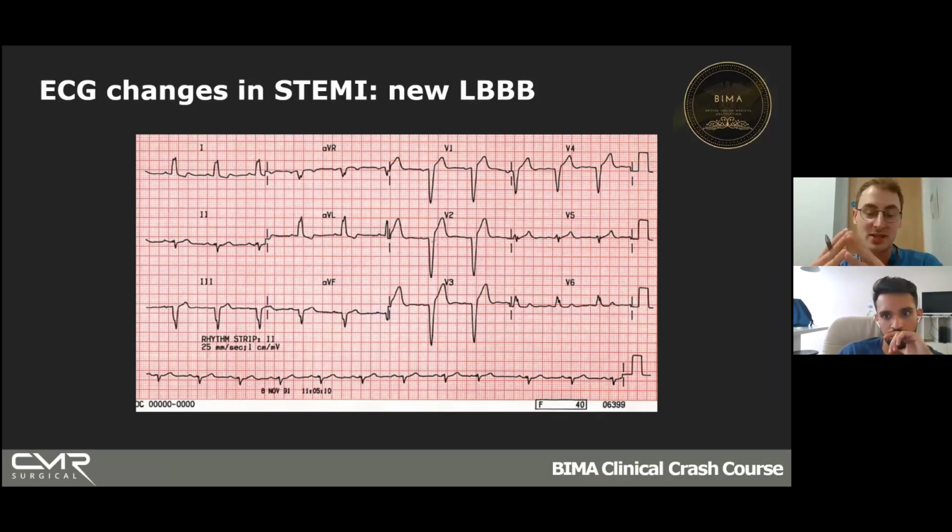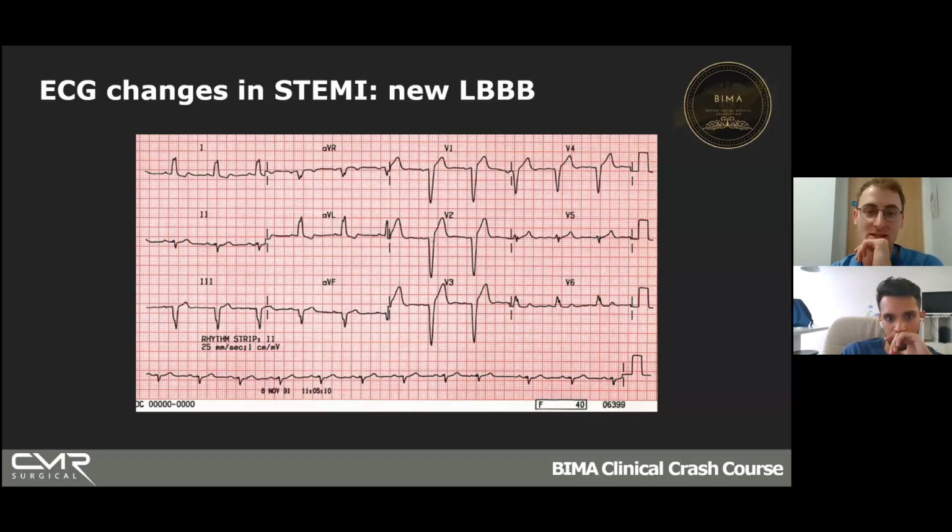So if you do someone's ECG 10 minutes ago and it's normal, they've got chest pain, and you see this, what it means is that something's gone on in the heart over 10 minutes to completely knacker your left bundle branch. And what that means is that the heart muscle has probably died from a full thickness infarct, i.e. a STEMI. So that's fairly simple. A new left bundle branch block is a STEMI until proven otherwise.